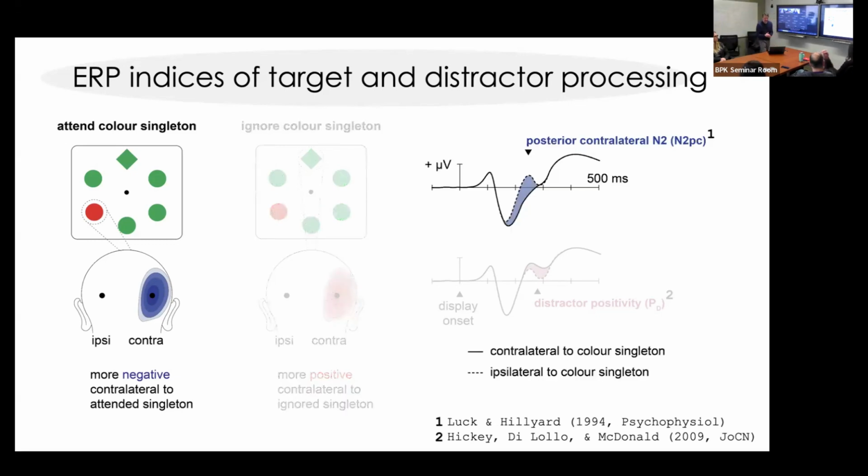So when we ask people to respond based on the color singleton, that item is lateral, and we start to see lateralized differences between activity picked up at the contralateral electrode and the ipsilateral electrode. I've hand-drawn these waveforms, that's why they look weird. But they're basically supposed to be overlapping everywhere except in this 100 or 200 millisecond time range. In the top picture, the contralateral solid waveform is more negative than the dashed ipsilateral waveform. Steve Luck and Steve Hillyard